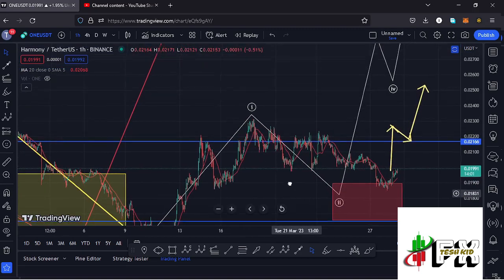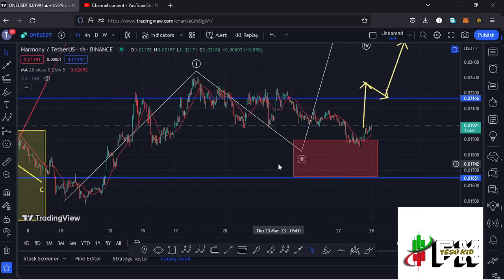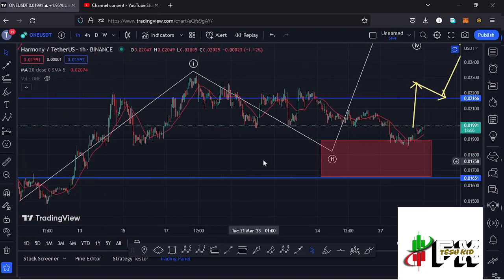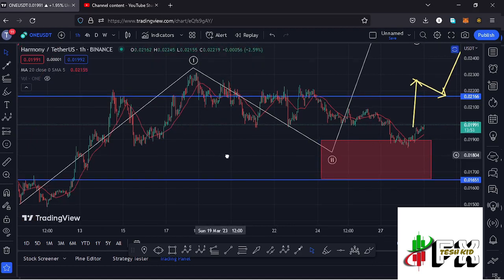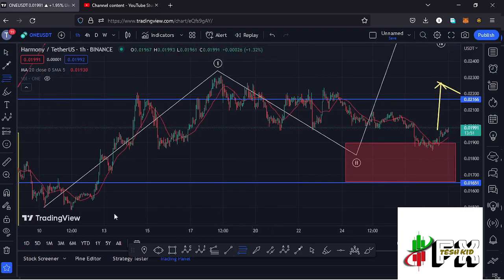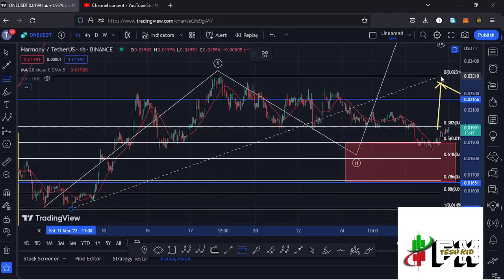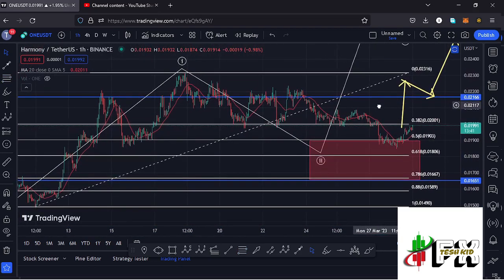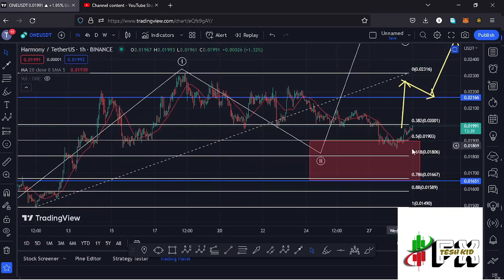And having seen the high for that first wave to the upper side, whatever we expected next was a corrective structure to the lower side in the formation of this wave 2. Using the Fibonacci's, connecting them from the low of the first wave down there to the high of that wave 1, I was able to come up with a minimum retracement area in the formation of that wave 2 between the fib level 0.5 and the fib level 0.78 as a maximum, and that is a target area that lies between the